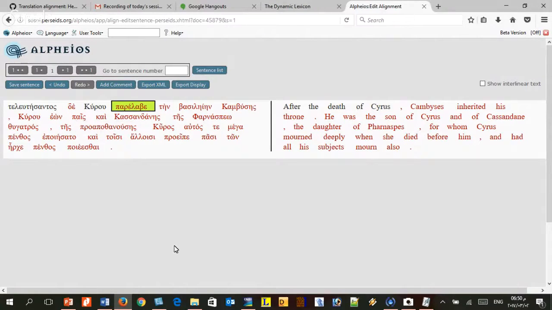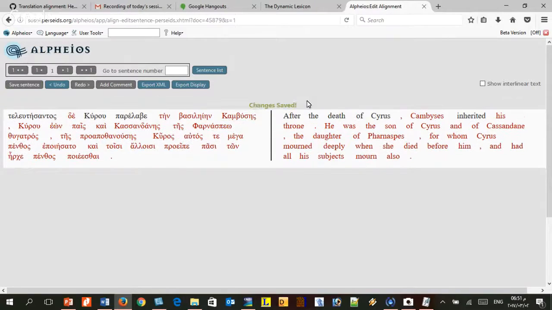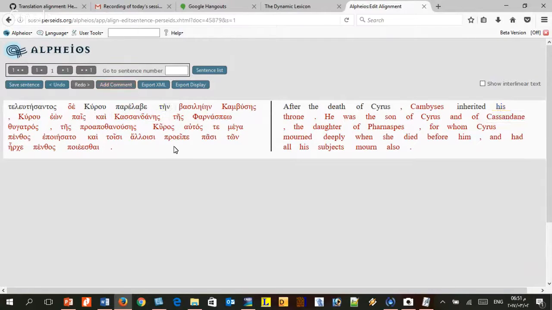Parelabe, the verb here, corresponds to "inherited." Just click on it. Save sentence, and you will see that the changes are saved. Ten corresponds to "his," and so on.